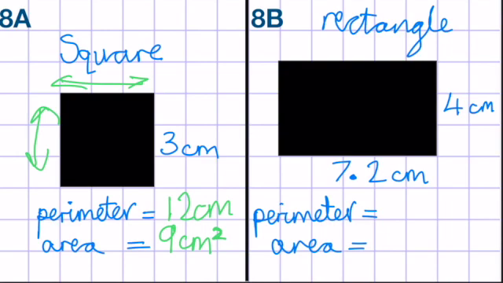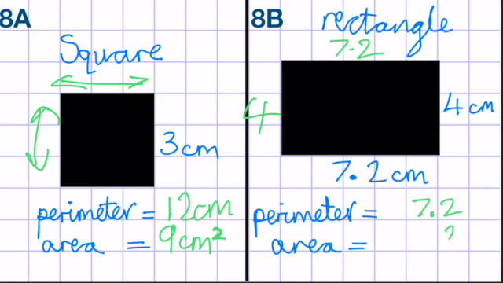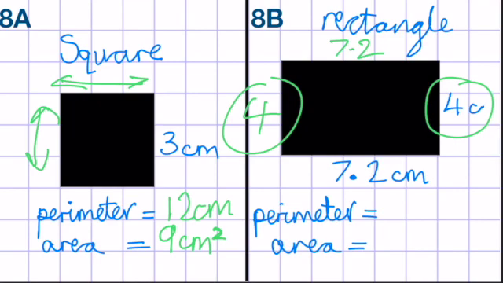For the rectangle, the perimeter, so I'm going to need a bit of extra space to do this. So I'm going to move my, let's see if I can do it down here. So I've got 7.2, so this side's going to be 7.2, and that side is 4. So 7.2 times 2, 2 times 2 is 4, 2 times 7 is 14. So those two sides equal 14.4. And these two sides are 4 and 4. Now 4 and 4 is 8, so it's